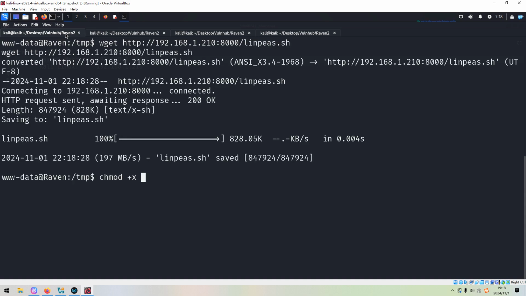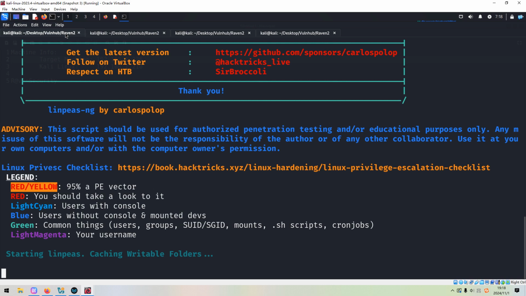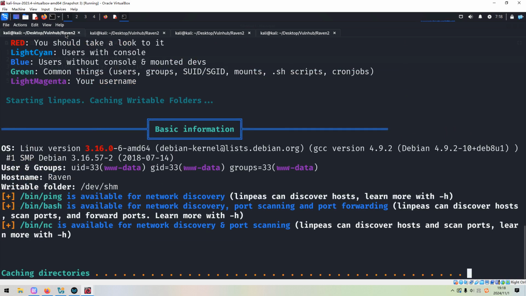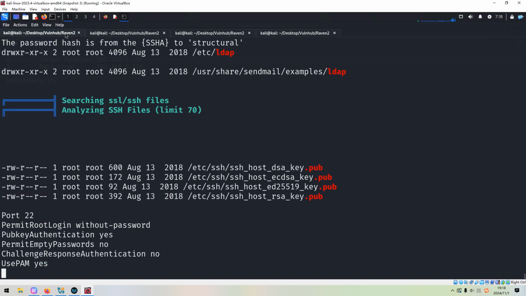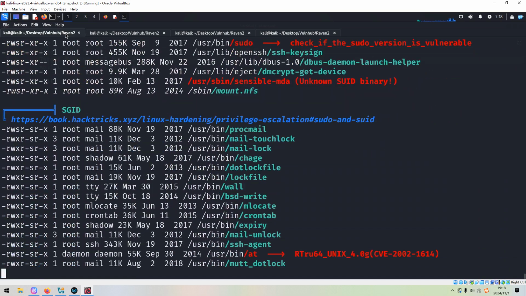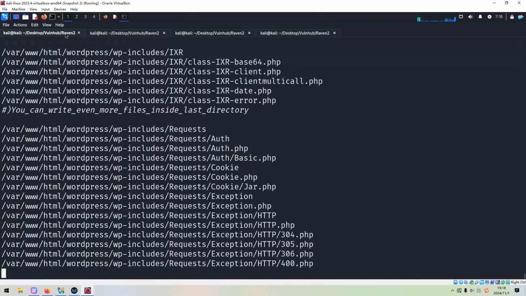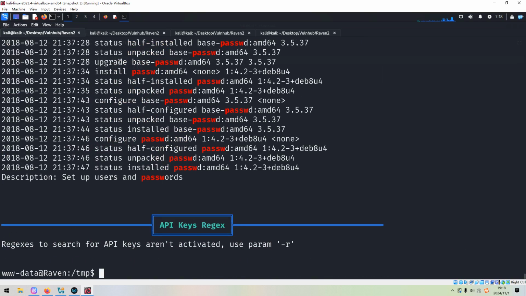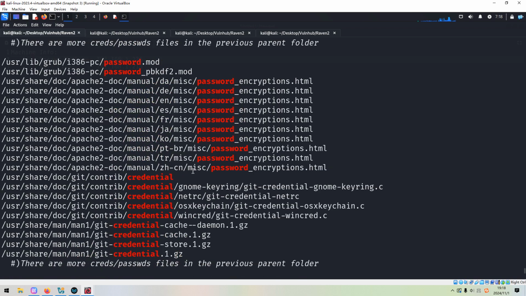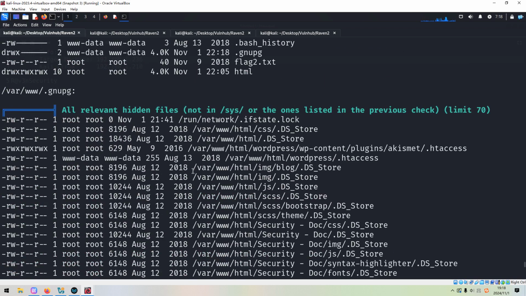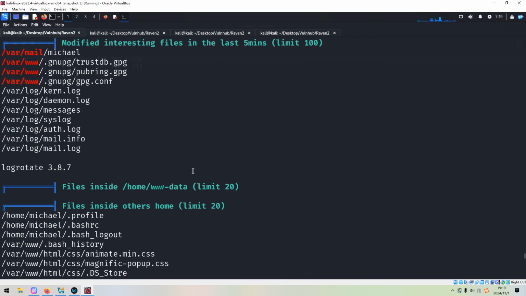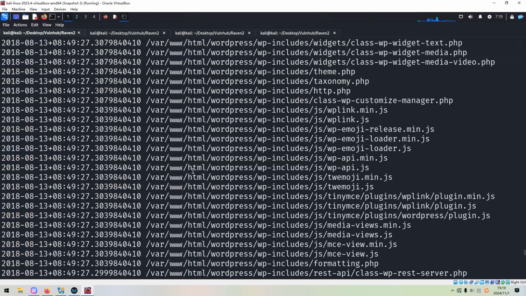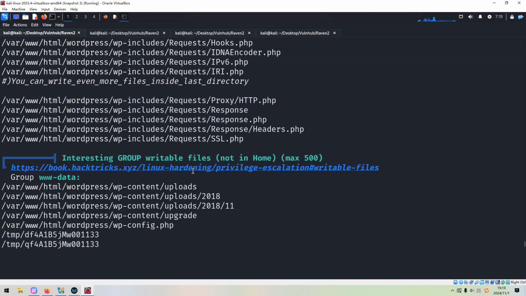And we need to make it executable. And then we can run it. When we try to elevate privilege, in most cases, we need to rely on the power of the linear shell script. It's done, and then we can scroll up to see whether we can find some vectors which allow us to elevate privilege. Sorry, my bad. And let's continue our scrolling.